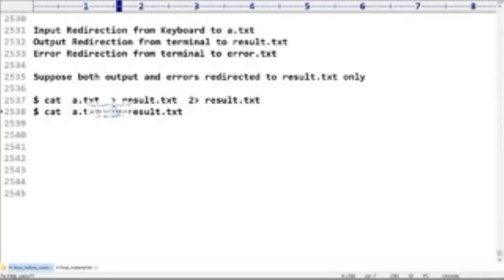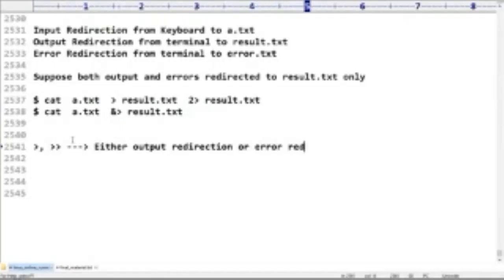If I take only this one or this one, it is either output redirection or error redirection.